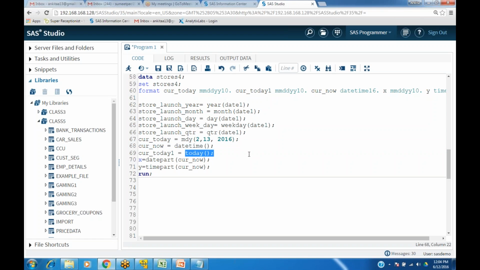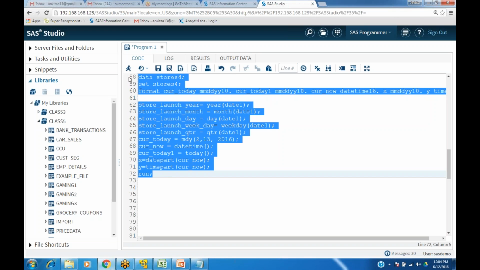This function everyone knows. Today, I also have datetime, which is going to give me both the date as well as the time as of right now, from a date or from a datetime. Now, this is a full datetime variable. I can use it and extract the date part, or I can extract the time part individually. So look at this. If I run this,